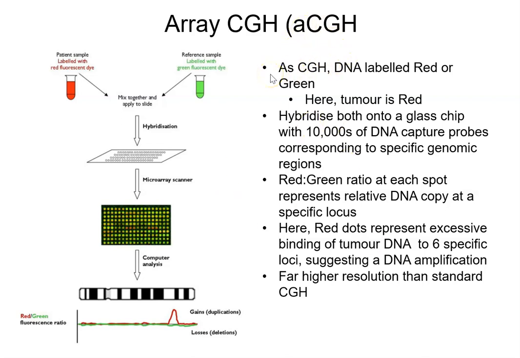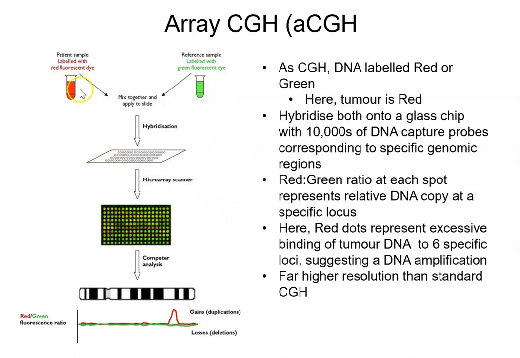And it works in exactly the same principles as comparative genome hybridization, but instead of hybridizing green tumour DNA and red normal DNA onto a normal metaphase spread and measuring the red and green ratio along each individual chromosome, instead you hybridize it onto a glass slide which has regions of DNA attached to it which represent individual chromosomes. So these arrays can have bits of DNA on them that represent hundreds of thousands of regions throughout the genome,